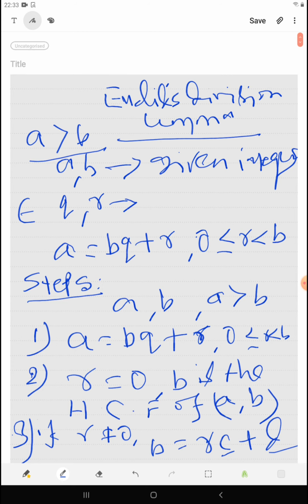If r is not equal to 0, then we have to take this divisor b and remainder r, and we need to again apply Euclid's division lemma, and we will get two unique integers again. So this is a continuous thing we need to do until the remainder is 0. That means until the remainder is 0, we will continue the process again and again. Okay, so let's start